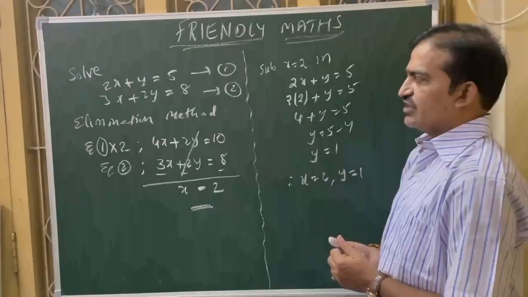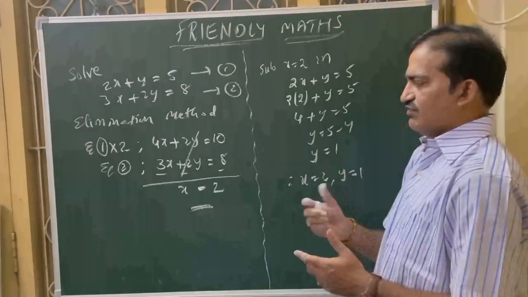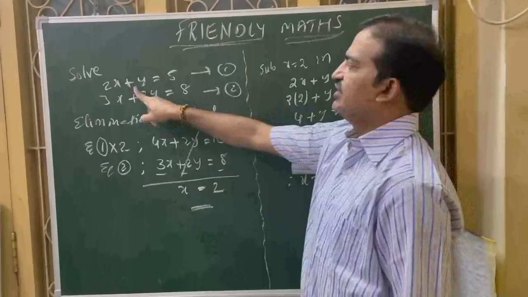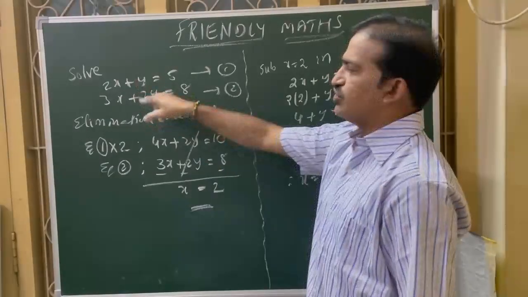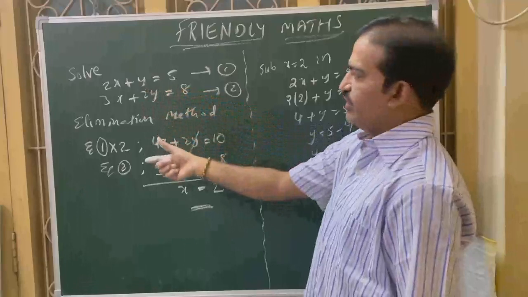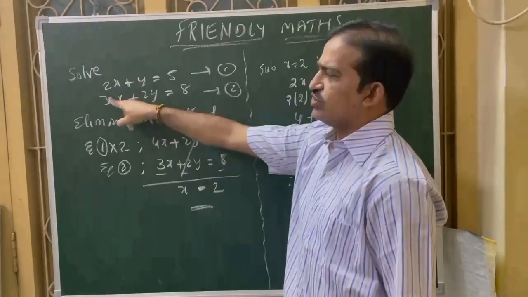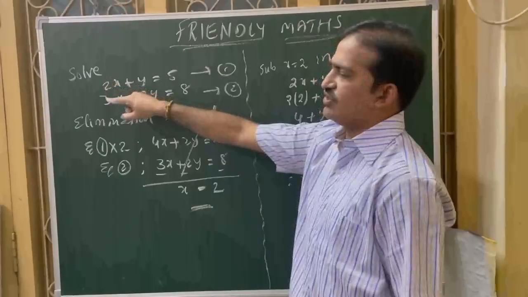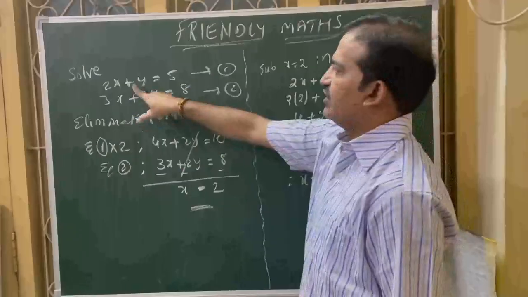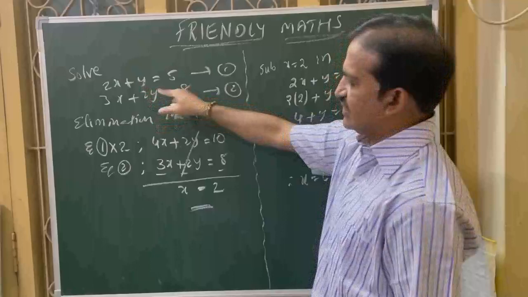What is the elimination method? We have to eliminate any one of the variables. Now I am selecting y. Y means these coefficients are easy to bring to the same numerical value. Here these are relatively prime or co-prime, there is no common factor. That's why for x, equation 1 and equation 2 both we have to multiply. But here 1 is a factor of the other, so it is the easy way. That's why I use it.